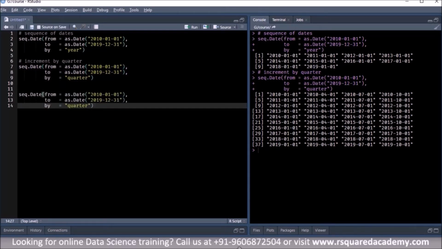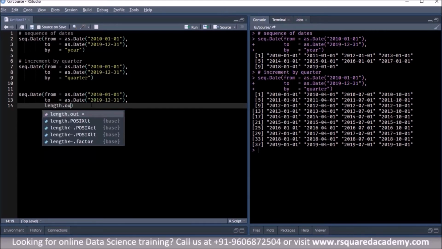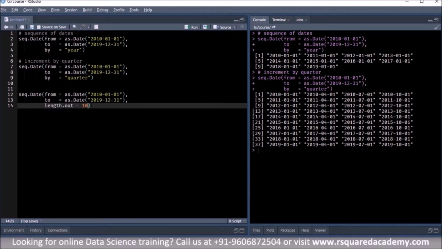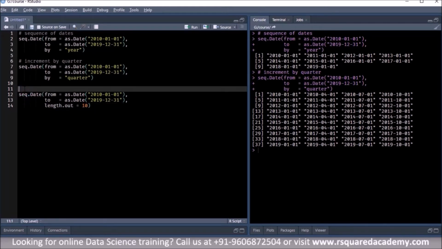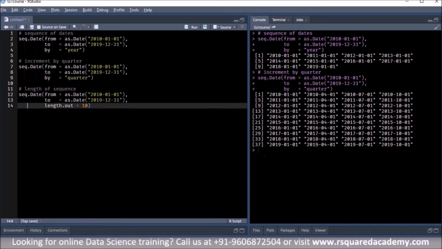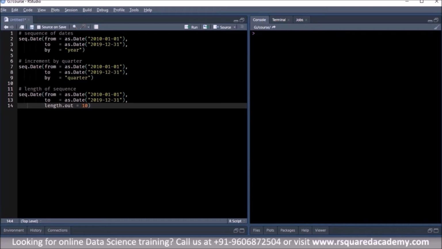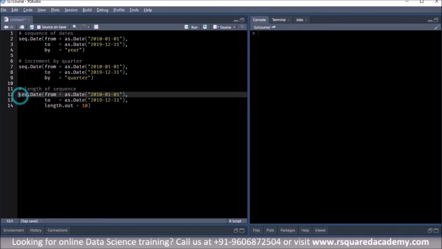Okay, and instead of using the by argument, we'll use the length dot out argument, and we'll say create a sequence of dates, length of sequence. I'll write it as length of sequence here. So use the starting date and ending date and create a sequence which has 10 dates, right?